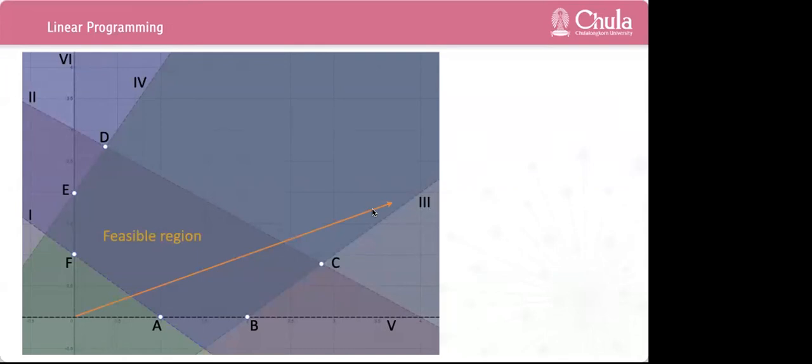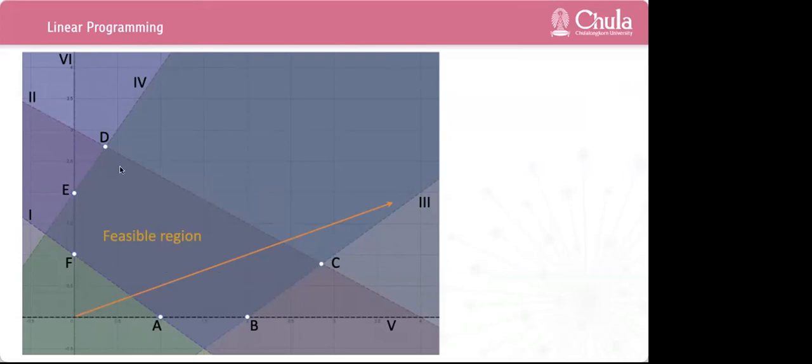We go in the direction where the objective function improves. For example, in the case of maximization, we go in the direction where the objective function improves,